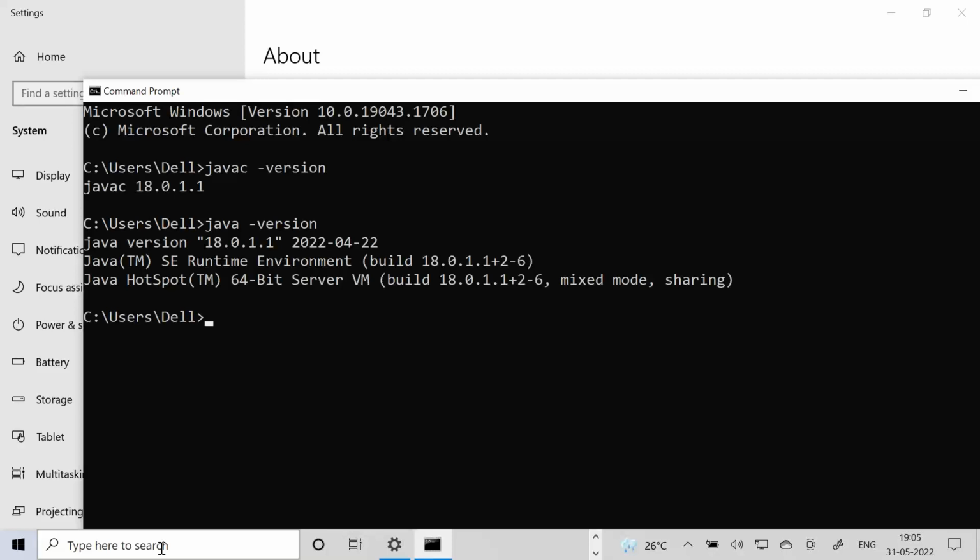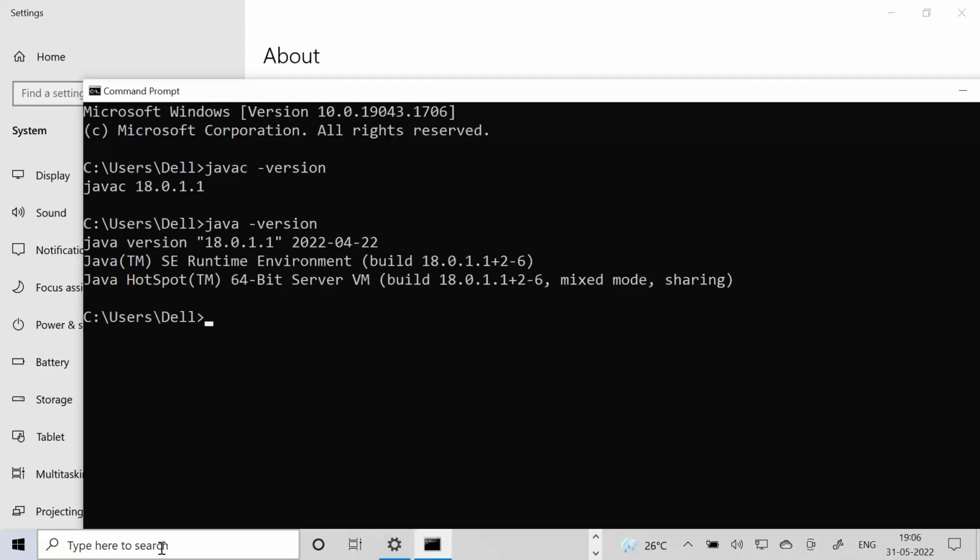In the second way, we set a path permanently to all the command prompts of one user. Current user. For the current user only, not for all the users. Generally, one system may have multiple user accounts. We are not setting path to all the user accounts. We are setting a path for our user account.